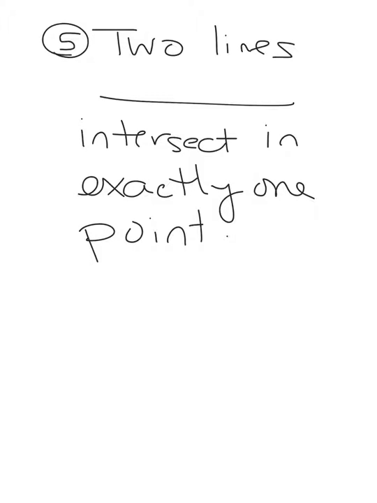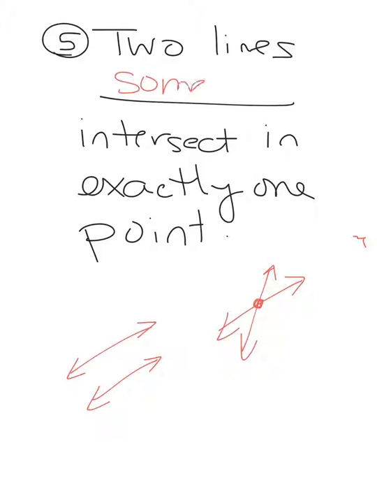In our last example, it says 2 lines, and again, sometimes, always, never, intersect in exactly 1 point. The difference between this example and the last example is my beginning statement says 2 lines. It doesn't necessarily say that they're intersecting. So although I could make the lines intersecting, then they would definitely intersect in 1 point, like we just discussed. But I can have 2 lines that are parallel. So in that case, they don't intersect at all. So this is one of those cases where the word sometimes is going to be our best use. So 2 lines sometimes intersect in exactly 1 point, because if the lines are intersecting, they intersect in a point. If the lines are parallel, they don't intersect at all. So sometimes it's true, sometimes it's not true.